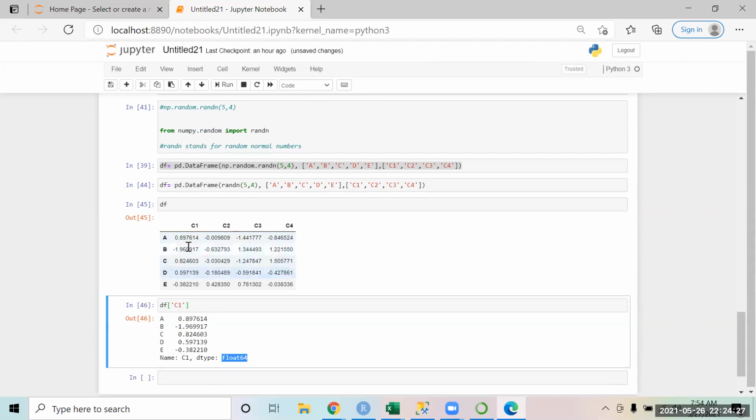Float means because these are floating numbers, the numbers with decimal.